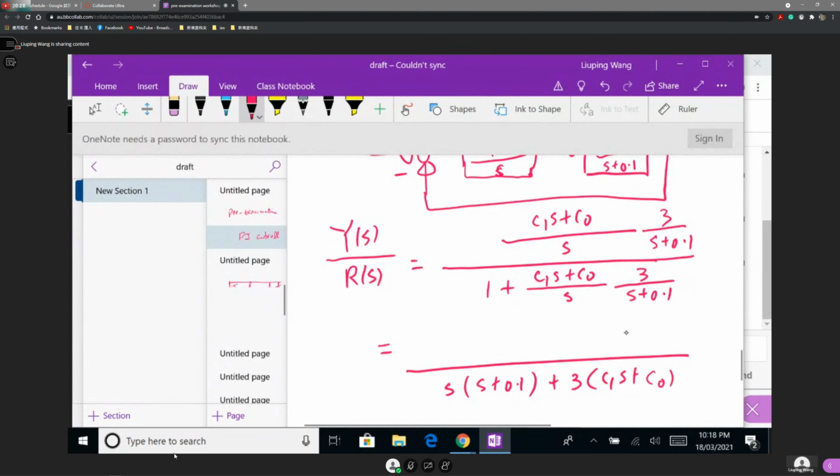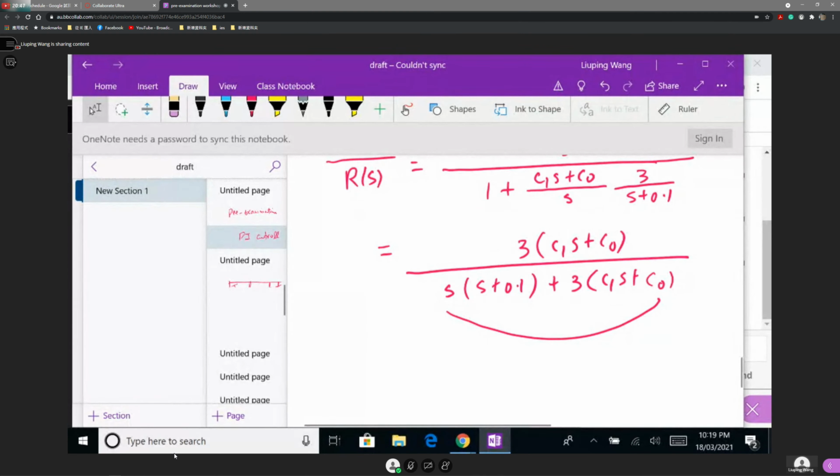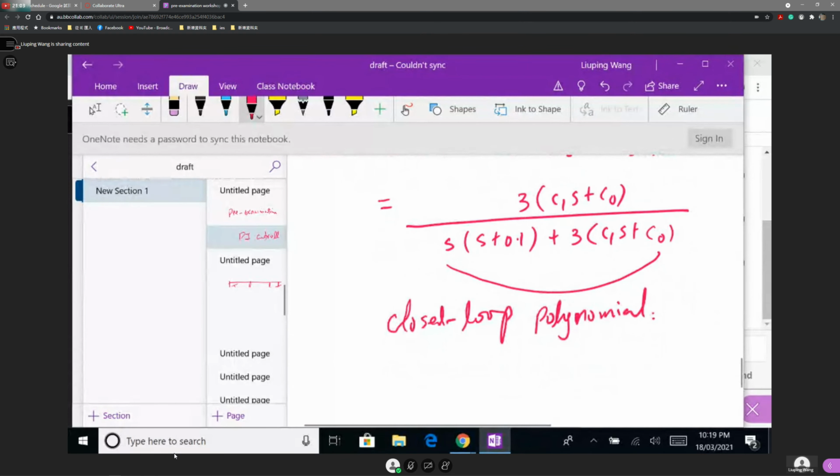This is your closed loop polynomial. So the poles, the closed loop poles,